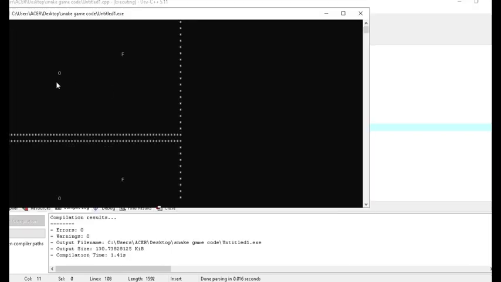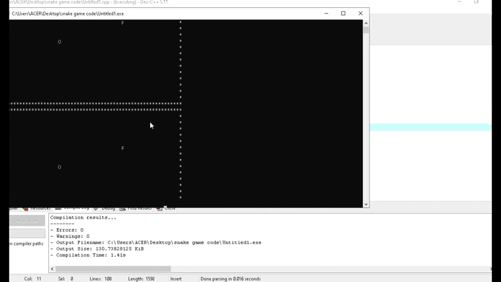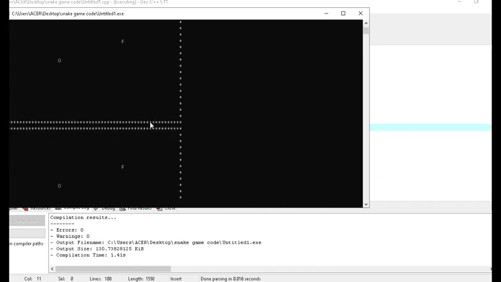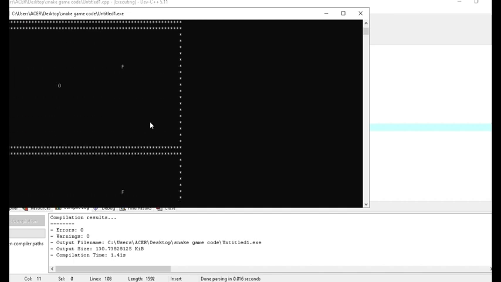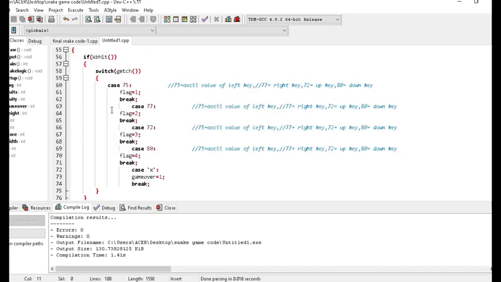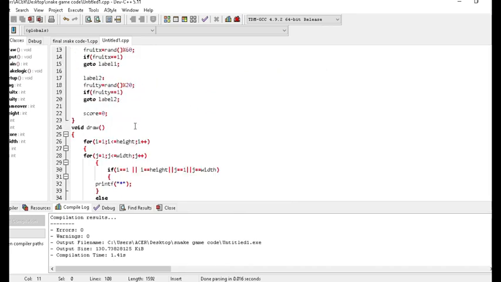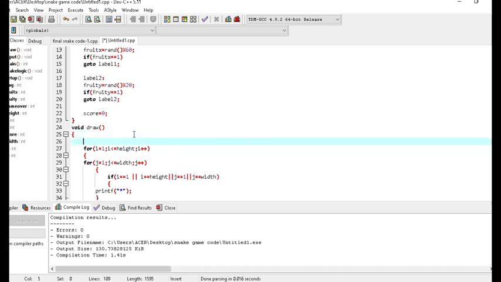See now, as you can see, since we have written this in an infinite loop, it is executing many times. To get rid of this problem, I am just going to make some changes. I am going to write one line over here, to clear the screen, so that the boundaries are not printed multiple times.